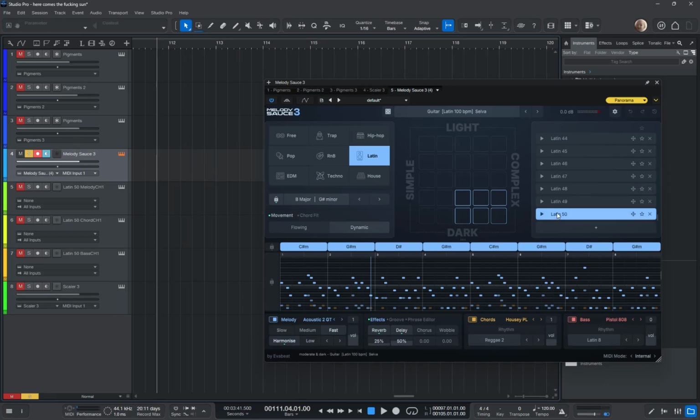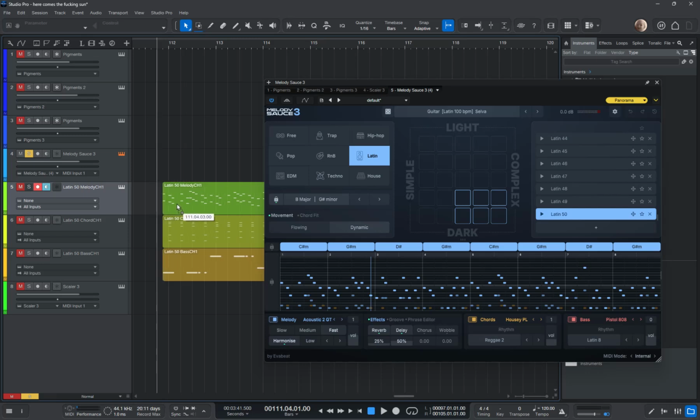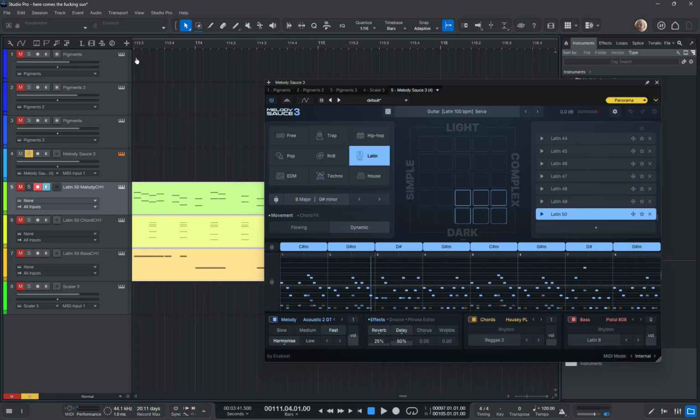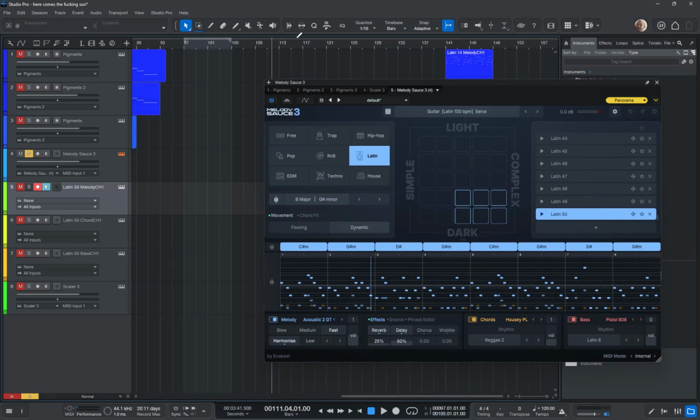So I'm just using these blank ones. See, these three tracks, Latin, don't have any instruments on them at all. You see, it's got no instruments. So if I copy this across there, I can just bang. I'll just start 112, I guess. And if I move along, and let me just zoom out, and I can just